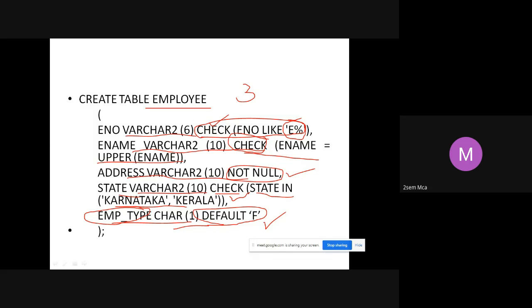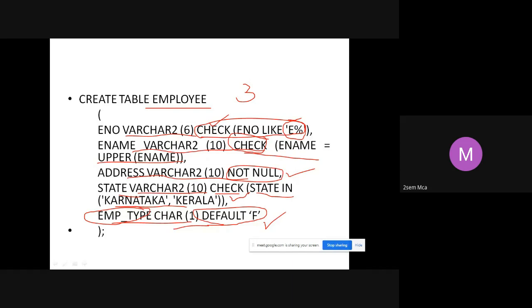It is character. It is not string, it is not Varchar2, it is a character. How many characters have you given the size as? We have given the size as 1. So EMP underscore type is an attribute of the type character of size just 1 character. That's all. Either you enter it as P or you enter it as F.